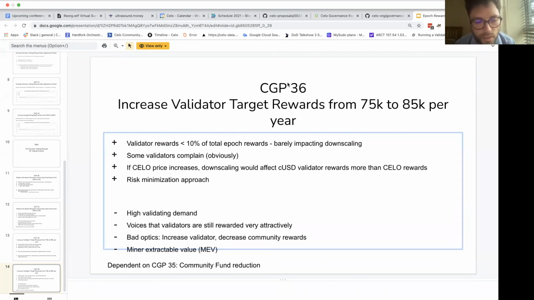Yeah, but if there's a lot of validator interest, which there is, like there's a ton of queued up validators, the rewards should go down because that means there's more validation available than what is needed. So there needs to be some market force that decreases it, kind of like Ethereum block reward reduction. Yeah, that's a good point.